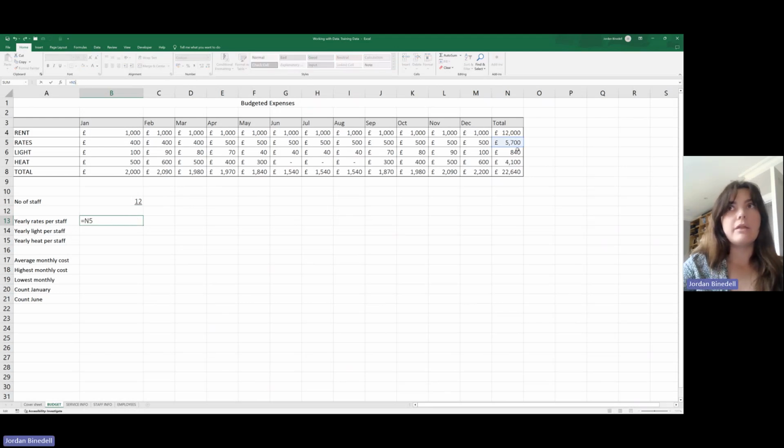So instead, if we go back to 12, in my formula, I would type in the cell that we're looking for. As we said, that was N5 for the yearly rates. I would hit divide, and then select the cell that has that staff number in it and press enter. You can see we've got the same value here, but if for whatever reason we now change the number of staff, we can see that automatically updates. That just makes our life a little bit easier and means there are less likely to be mistakes